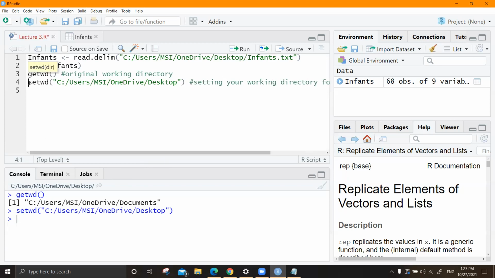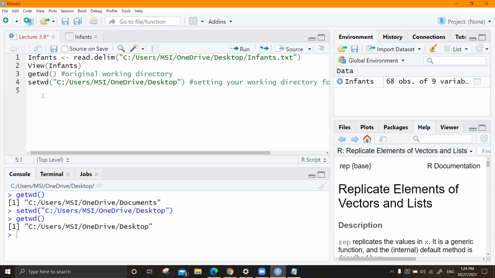When you set that and run this particular code, then your working directory should have changed to this location, right? Let's run and see. See, this is my new working directory, right? It was supposed to be the documents folder, and I set the new working directory to be the desktop folder. And then when I extracted the place where my working directory is, it is accordingly changed to where I gave the place.